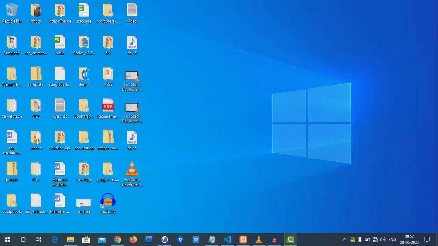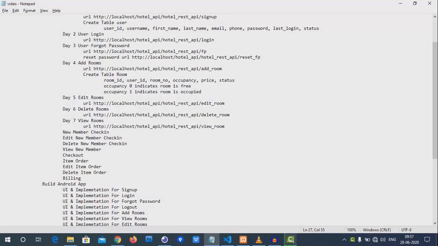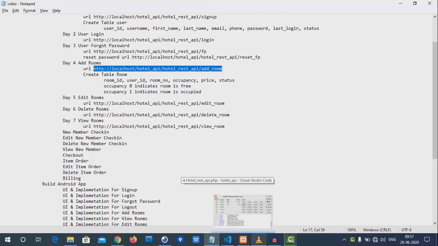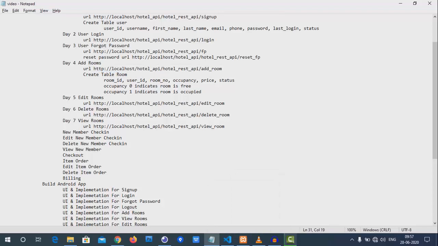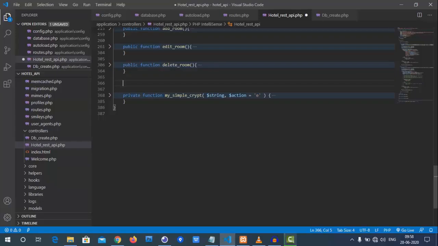In this video we are going to see the view of the rooms. Basically we will view the rooms. We will send all the room data which has been inserted right now. Let us insert some of the rooms again, so that it will be easy for you to understand. Let's start the code.